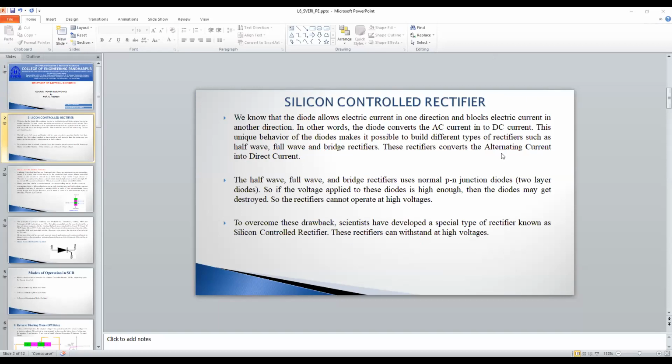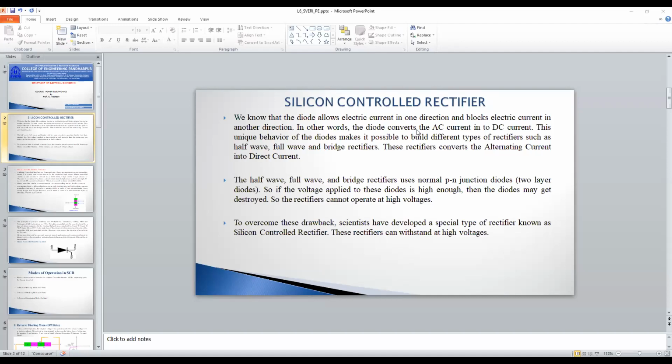Silicon controlled rectifier. Please remember, this is the heart of the power electronic circuit. It is clear? Without this device, there is no power electronic circuit. Without the silicon controlled rectifier, the subject is not there. The subject of power electronics started with the SCR device. Silicon controlled rectifier is the heart of the power electronics subject as well